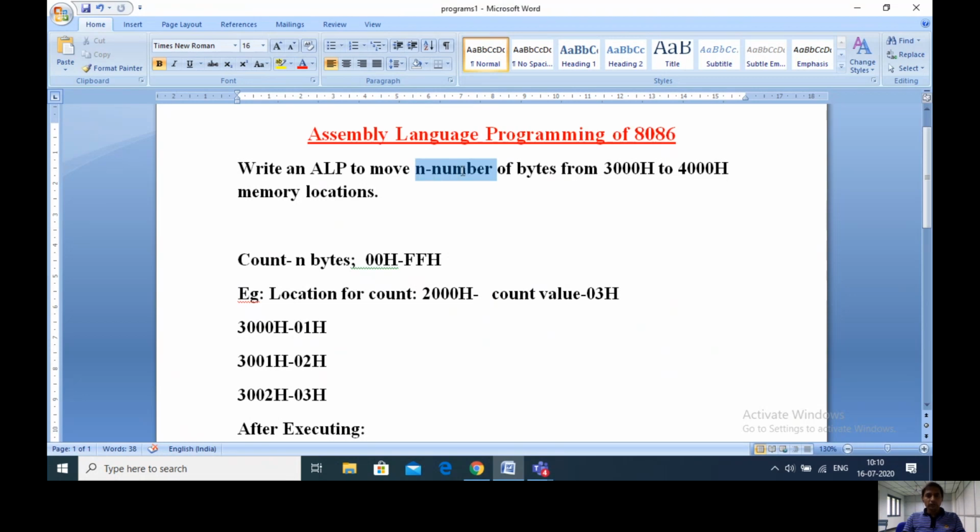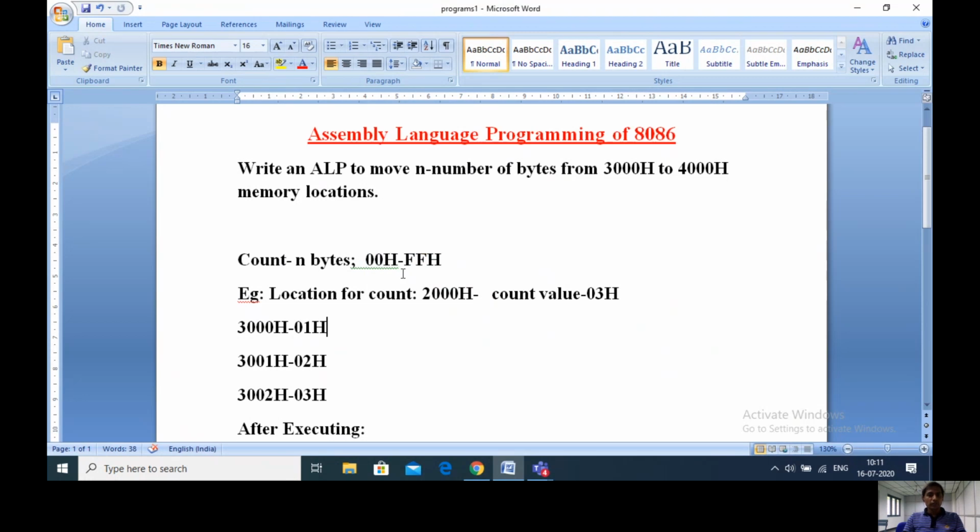First of all, my count is n bytes. Count n bytes means we should select a byte, which is 8 bit. 8 bits means we can select 8 zeros, then the equivalent hexadecimal is 00H. For example, we can select 8 ones, then the equivalent hexadecimal is, sorry, FFH. So the range of a byte is 00H to FFH. In this range we have 2 power 8, nothing but 256 different numbers. So it is your choice, you can select any number in this range as a count.